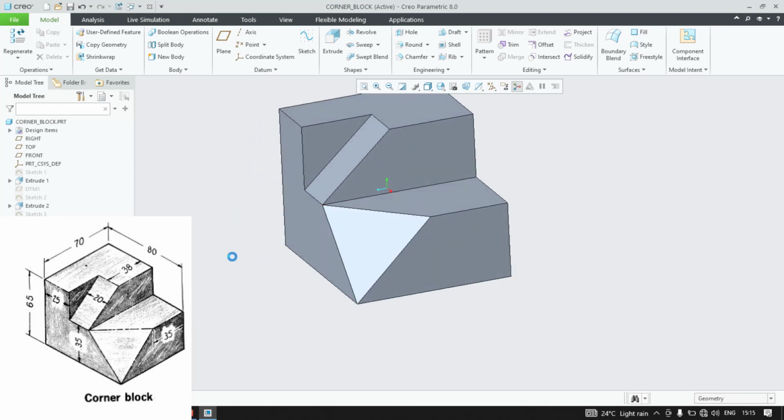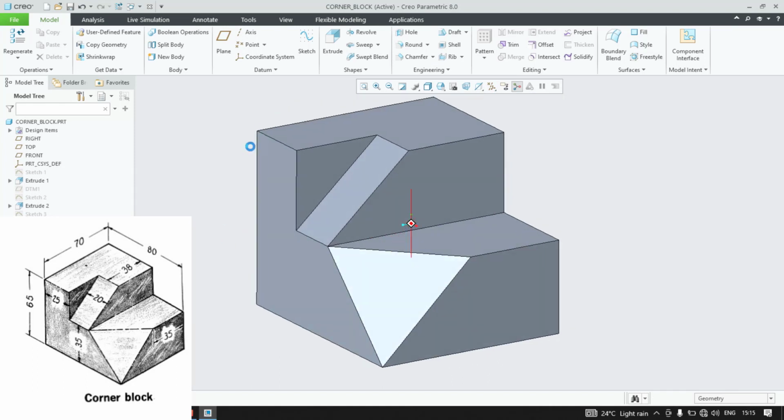model. So this is quite easy. There are two ways we have seen. One is by creating the plane, and one is by utilizing the advanced tool, that is corner chamfer. Okay,